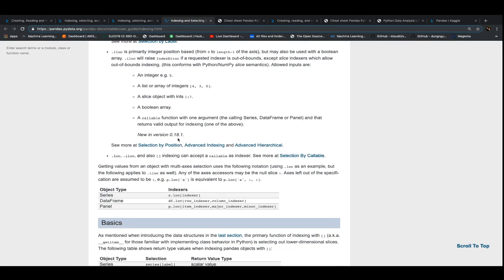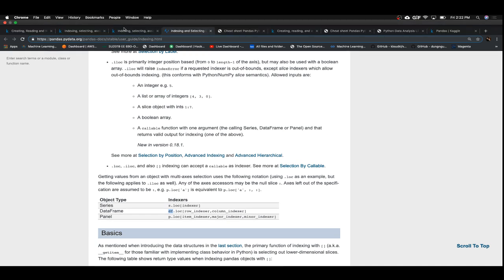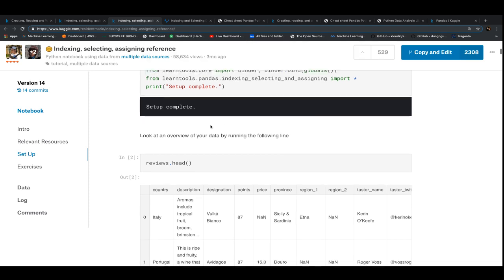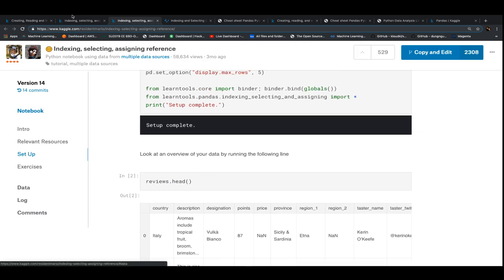I think this is what we do: data frame dot loc, and then we would put a 0 here and a colon there. That would be just a particular spot, though, not the entire thing. Well, I think if we put a colon, that's everything. Maybe. Let's just try reviews.loc